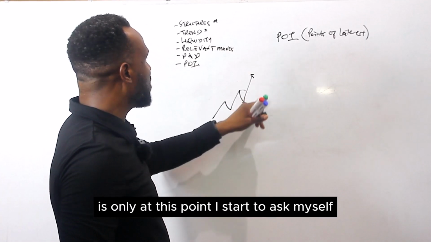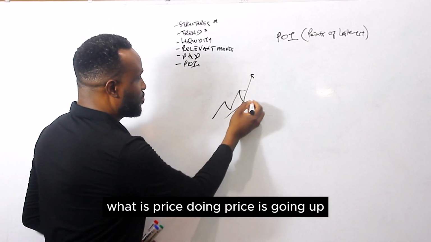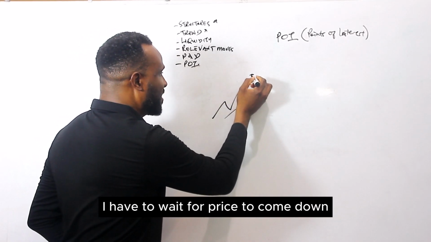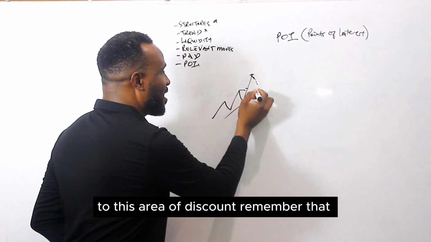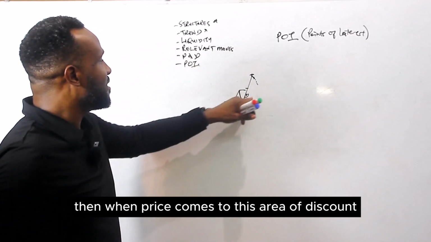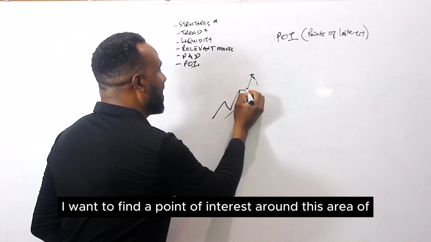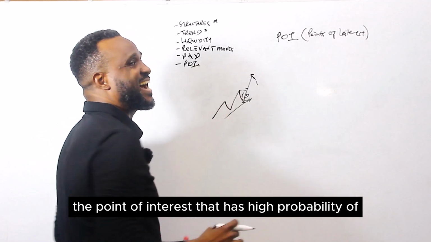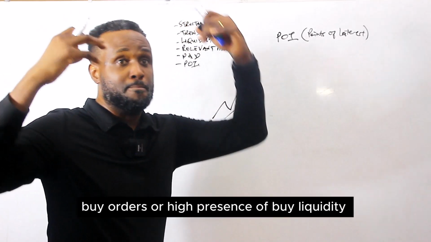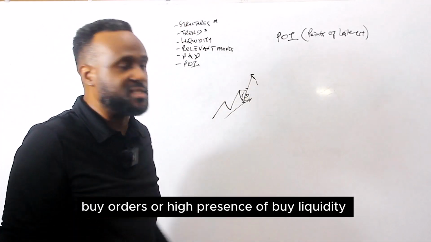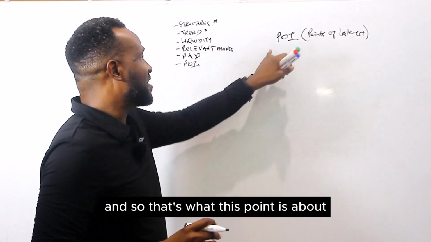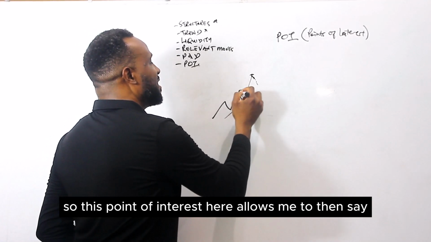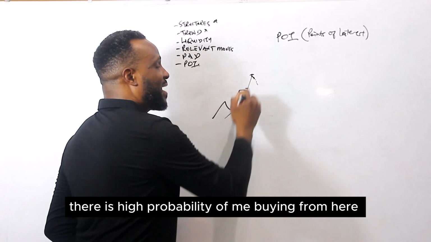It's only at this point I start to ask myself, what is price doing? Price is going up. I want to be buying. So where will I be buying? I can't be buying here. I have to wait for price to come down to this area of discount. Remember that, right? Then when price comes to this area of discount, I want to find a point of interest around this area of discount. So the point of interest that has high probability of buy orders or high presence of buy liquidity, right? I want something that shows me that. And so that's what this point is about, right? So this point of interest here allows me to then say there is high probability of me buying from here,